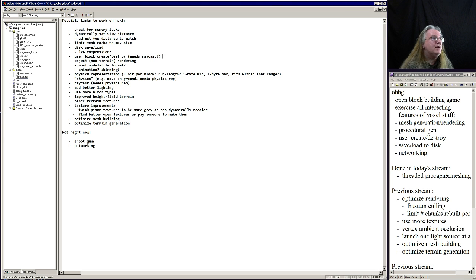But anyway, a nice UI for that is that you're looking at a thing and you say place the block there, or destroy it. That's how Minecraft works. And so for that you need a raycast. So we'd have to implement raycasting first. And the raycast needs a physics representation, which we have to think about how to do the memory management for,